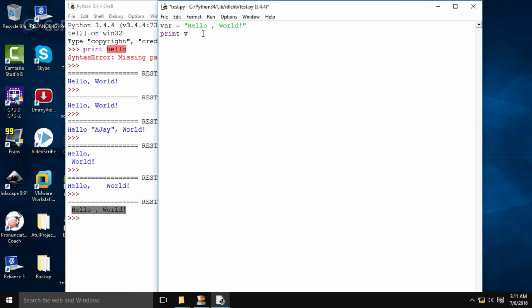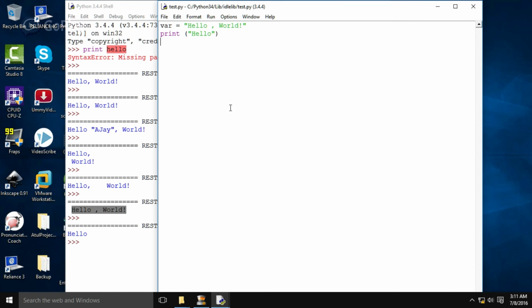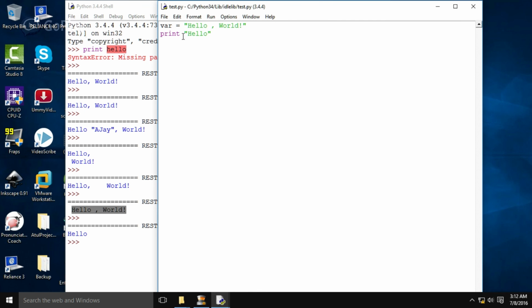To give one example, if I put hello, it runs in Python 3, but if I remove this parenthesis, it will give me an error. You can see missing parentheses. So this is the main difference between Python 2 and 3, that is parentheses.